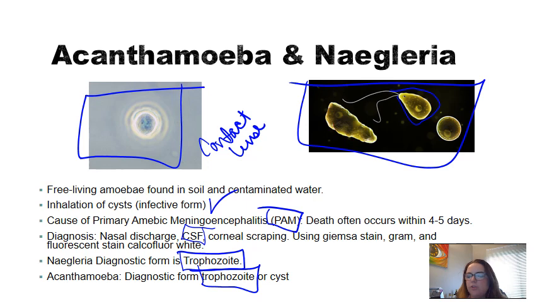But for Naegleria, you're not going to find any evidence of the cysts. Acanthamoeba, you will find trophozoites and cysts. So infective form, cysts for both. Acanthamoeba, diagnostic form, trophozoite and cyst. Naegleria, diagnostic form, trophozoite. There are treatments for this, and if you identify it quickly and you treat it, it